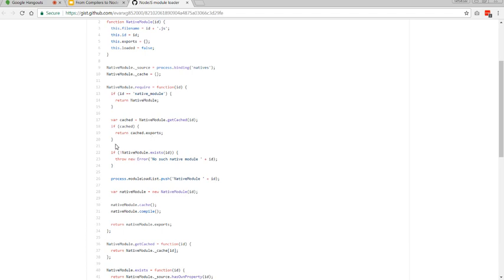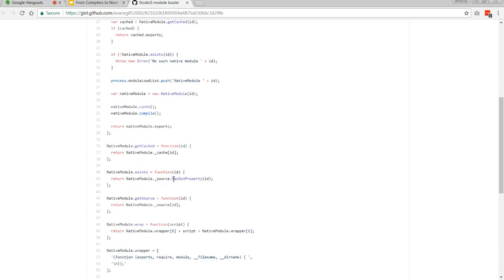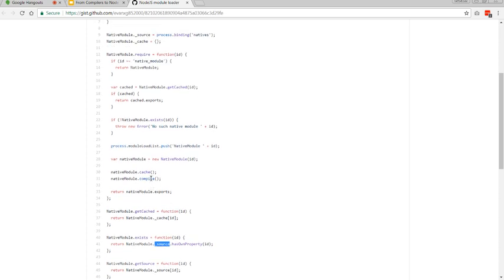Then if it is not available in the cache, we first check if that module file exists. We'll check, first of all, if the source file was already loaded. If the source file is not loaded, then we'll raise that the module does not exist. If it exists, then we create a Node module giving the name, and then we push that inside the already